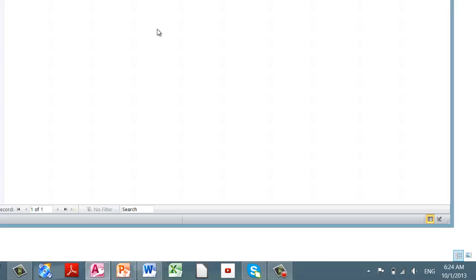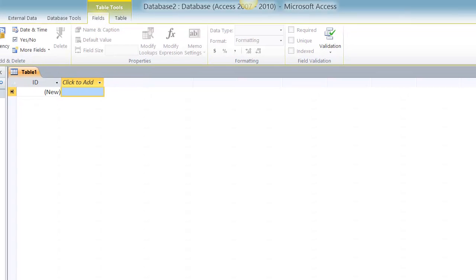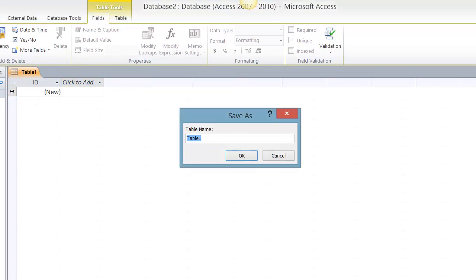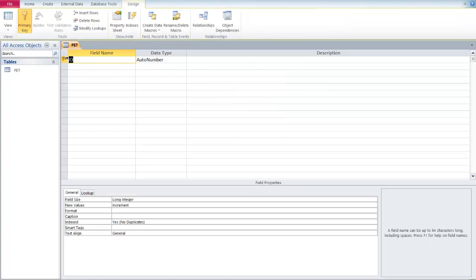It opens it up in sheet view, which is not what I want. In fact, I'm going to enlarge this window, and then rather than working in sheet view initially, I need to go over to the view button and choose design view. And at this point it wants to ask for a name for the table, and again I'm going to create something very simple, so I'm going to call this my pet table and tell it OK, and I'm going to